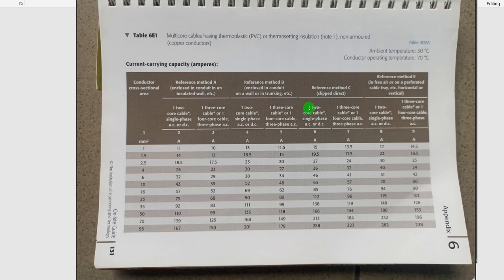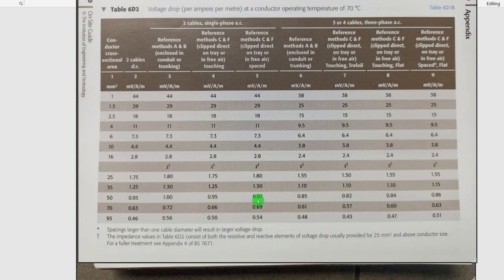So this is how to understand this table, how to plot it and use this factor to do your design. Now let me go to another table where we have the voltage drop table. This is our voltage drop table. The same way I told you about the other one is the same way you refer to this one. Whichever condition you want to install your cable in, you choose that condition, then choose the voltage drop factor below it. Now we are working with 16, so find 16 here.